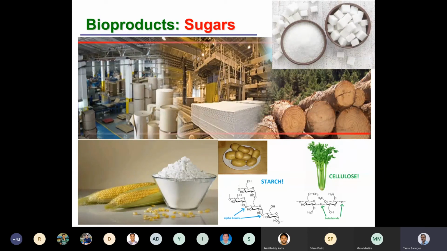You can see here the starch from potato or from corn, cellulose here from celery or other green